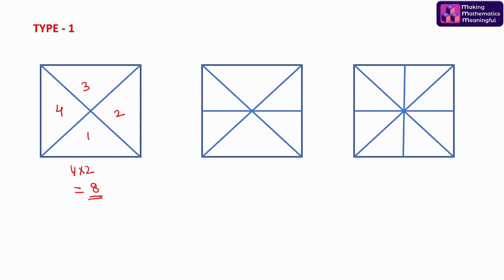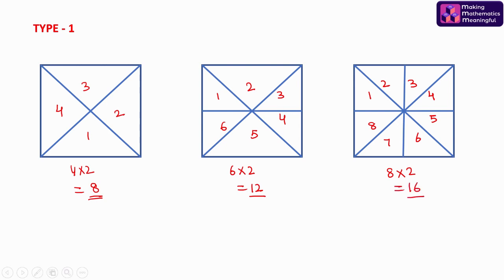Let's check once again in this figure. 1, 2, 3, 4, 5, 6. So just double this gives you the total number of triangles. So I'm sure now you all are clear that in this diagram, 1, 2, 3, 4, 5, 6, 7, 8, we have 8 smaller triangles. You just multiply it by 2 and that will give us the total number of triangles. Isn't it so easy?